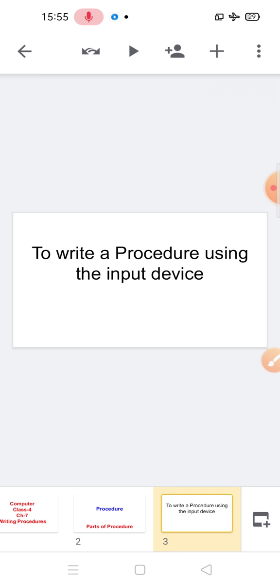Next is writing a procedure using the input box. First of all, you have to click on the input box and type TO followed by the name of the procedure, like TO triangle, and press the Enter key, and two more input boxes will appear.